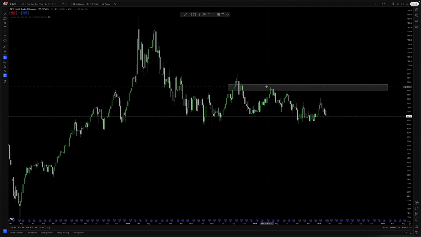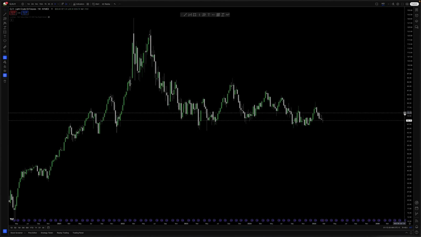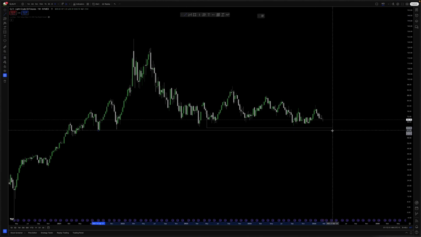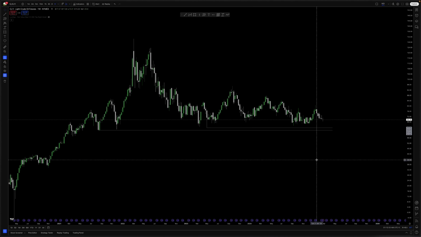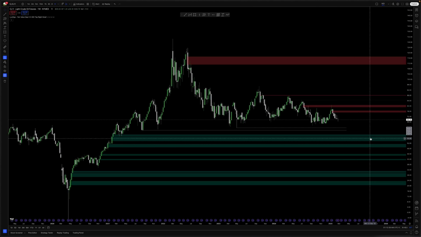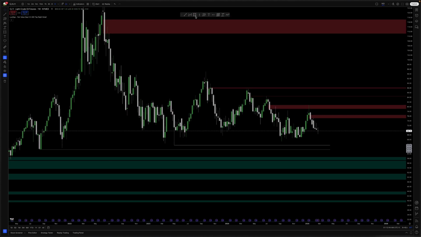You do see there's an inversion fair value gap right here, but it's not as clear, so let's delete this for now. It's been working towards these relative equal lows first of all, and there are these relative equal lows right here. It's been working towards that, it just doesn't have enough strength to go down there. Now let's see what the fair value gaps are. On the weekly chart, it doesn't really look extremely beautiful, but at the same time, there's an inversion fair value gap right here.